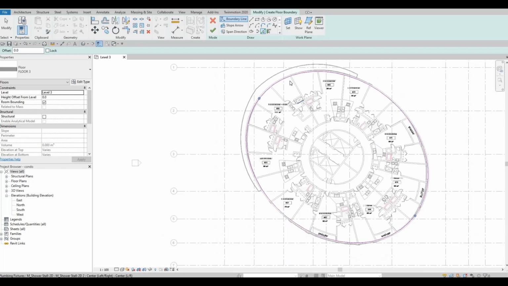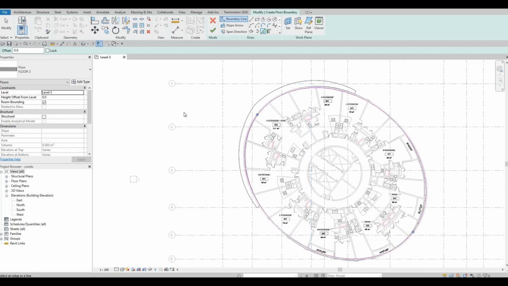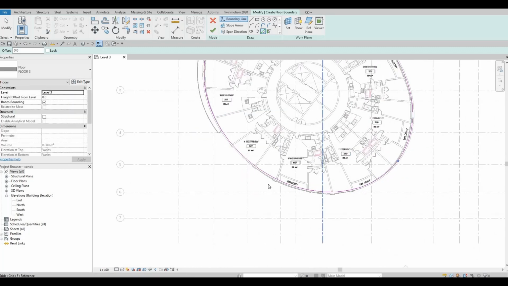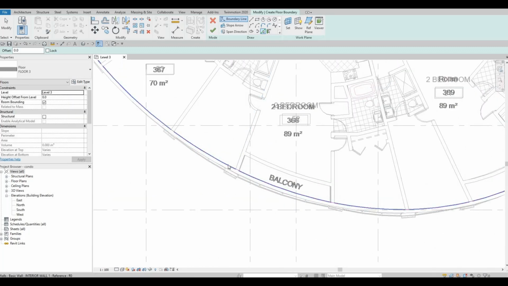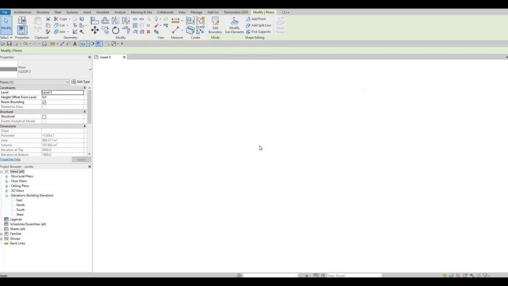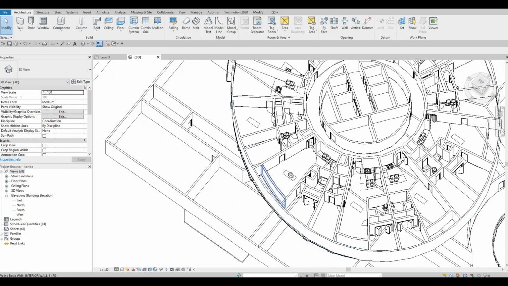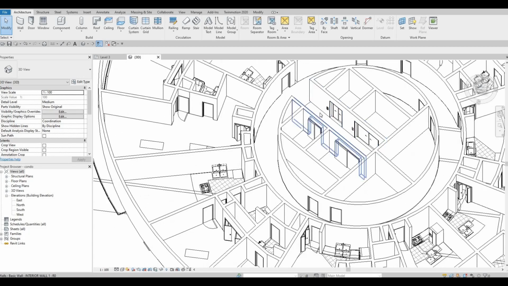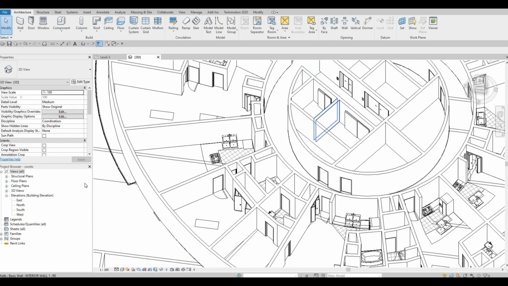So we're going to create that with another floor so that the floor doesn't stick out. So click on finish, and if we look at it at 3D, we have a floor right now. Okay,